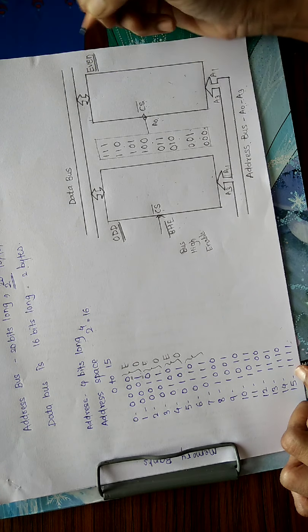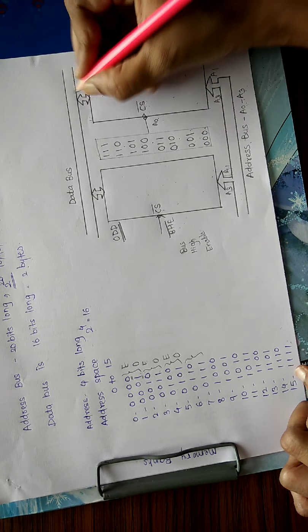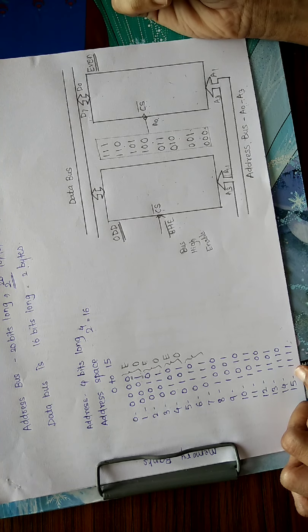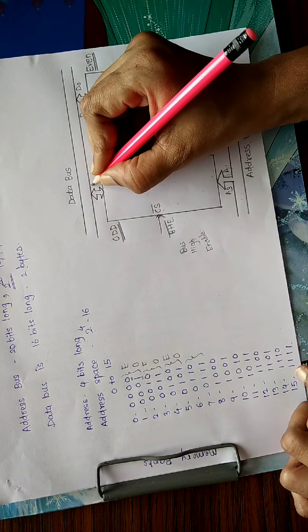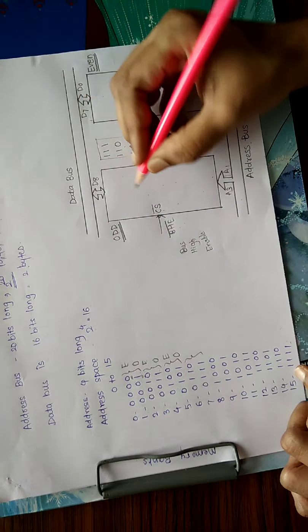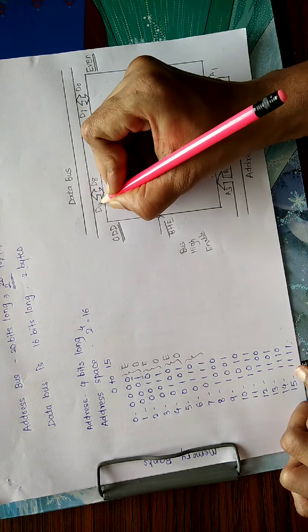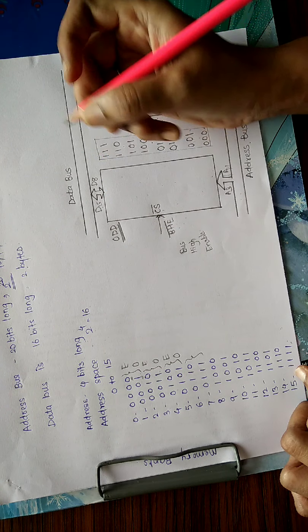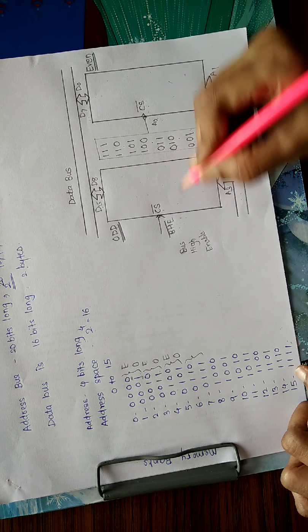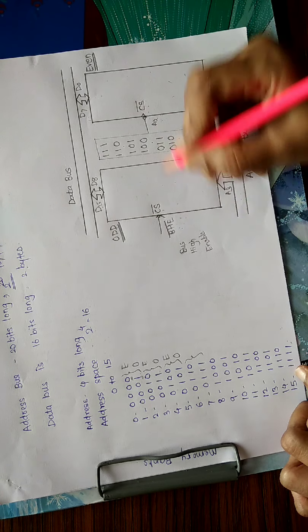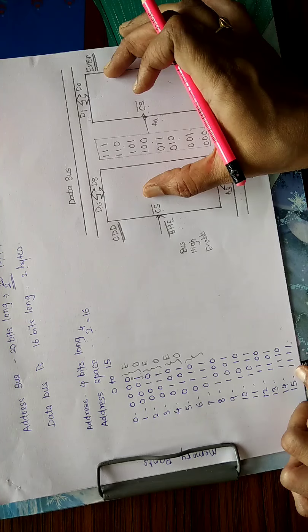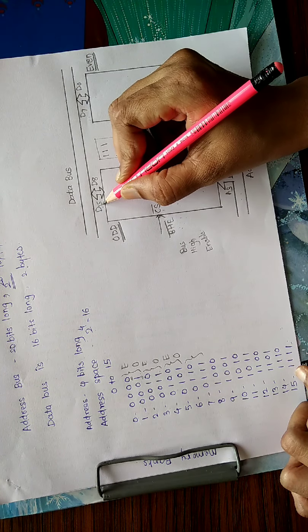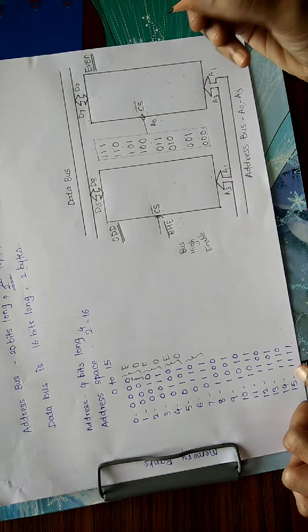The data fetched from the even bank is placed on the lines D0 to D7, which carry the lower byte, whereas the data fetched from the odd bank is placed on the lines D8 to D15, which is considered the higher byte. So when both A0 and BHE bar are 0, both banks get activated and the fetched 2 bytes are placed on the D0 to D15 lines. We will see how it works exactly.